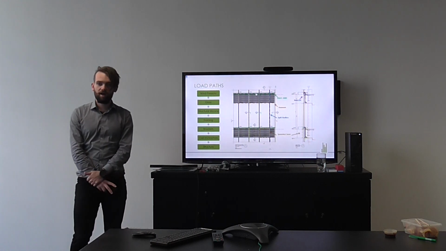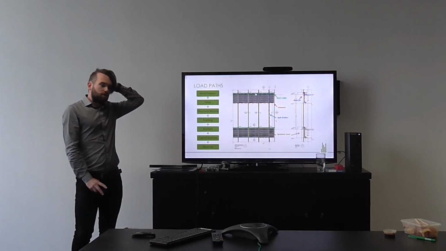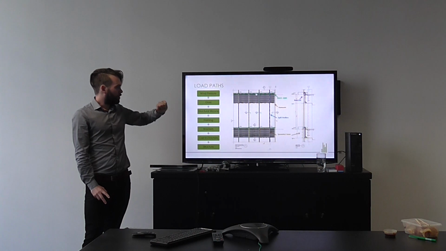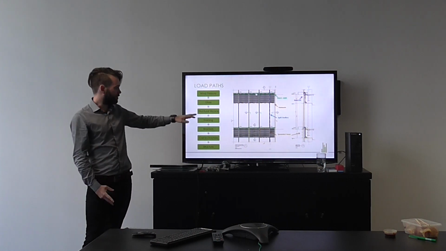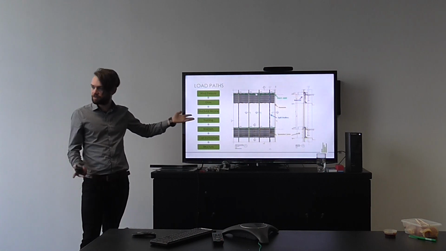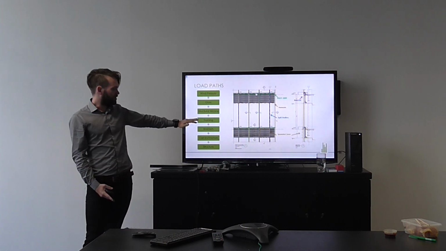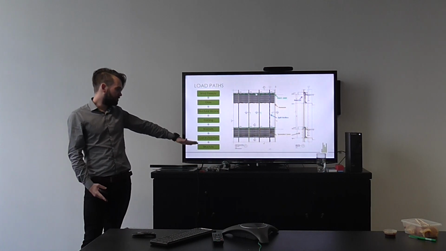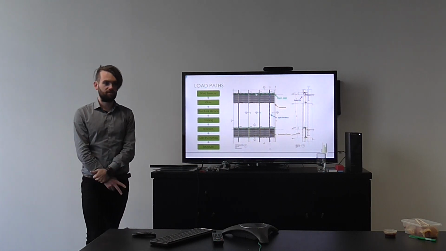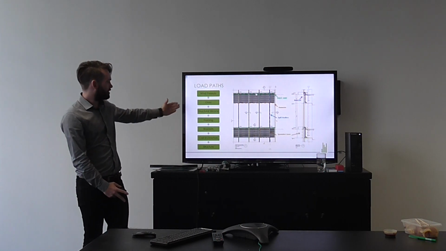If we just take our load path, this is probably in general terms how it would look. So our wind pressure blows against our glass, then transfers the load through probably our structural silicon, because it may be curtain wall, into our framing members, back down through our brackets, into our castings or anchors, and then eventually back into the structure. So along that path there, an engineer would